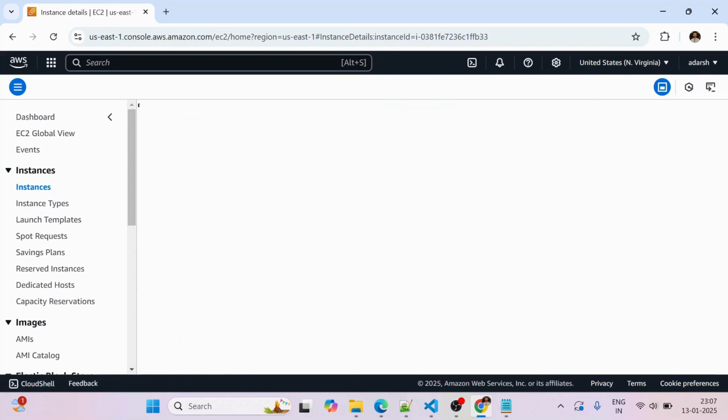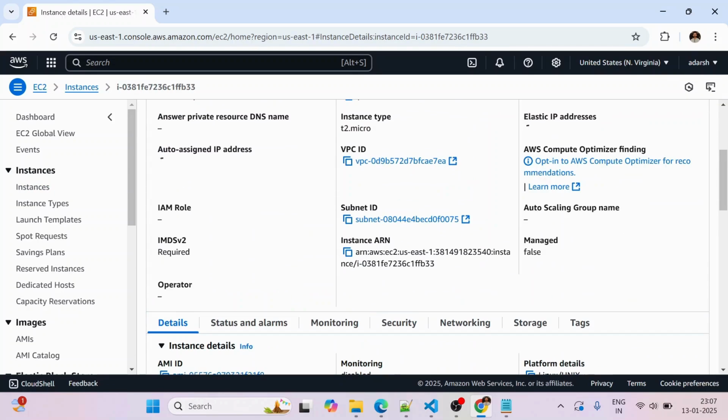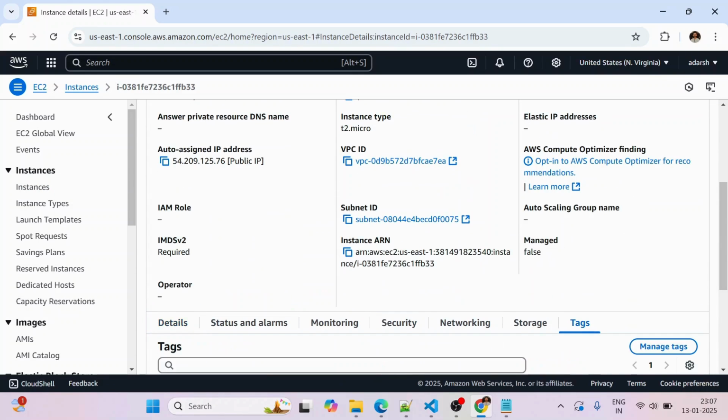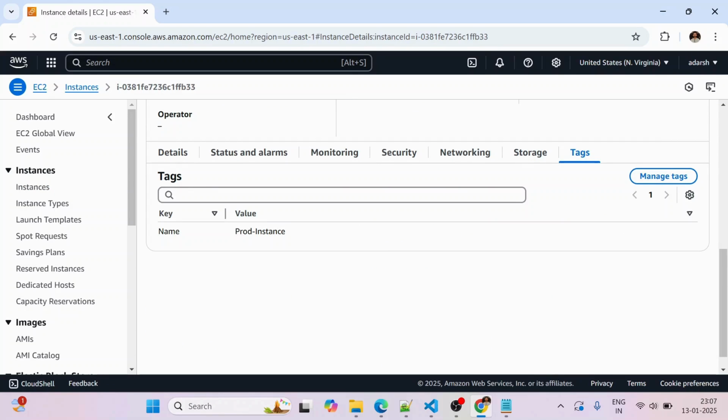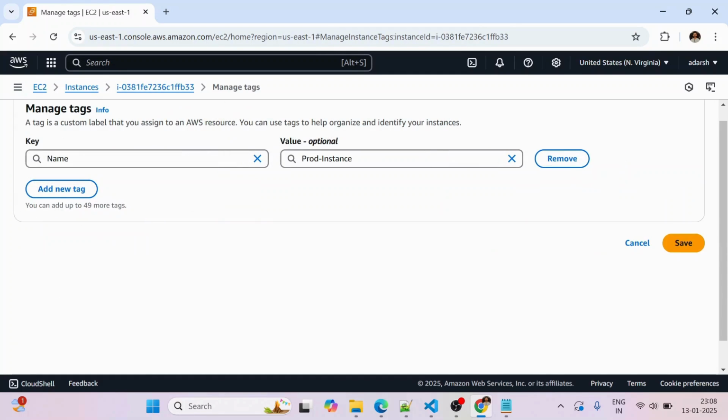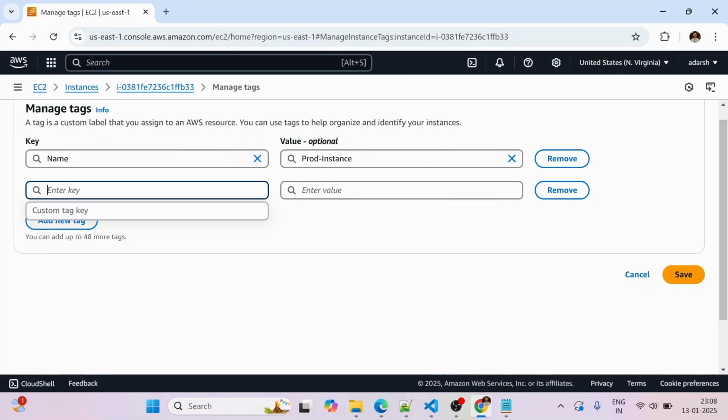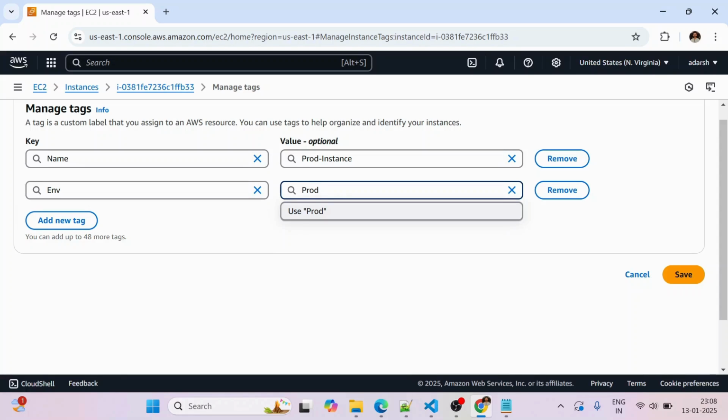So open this instance and go to the tags. As you can see here, we have one tag, where the key is Name and the value is prod-instance. So let's add one more tag here, like env equal to prod, and save it.